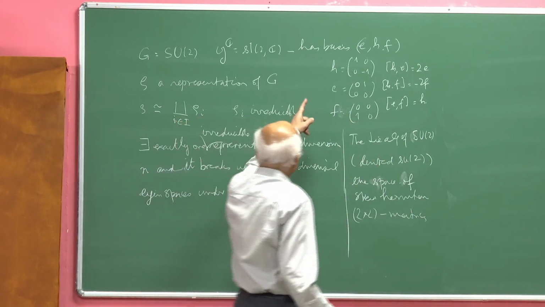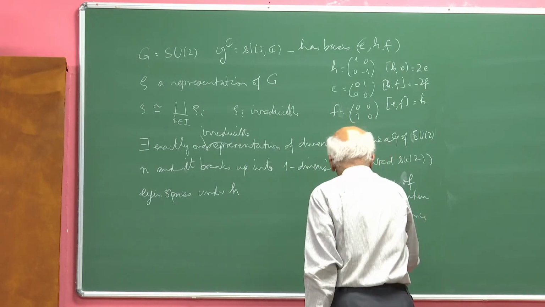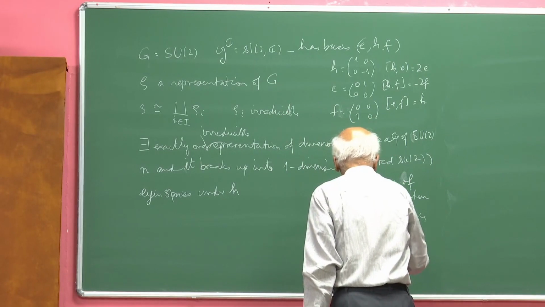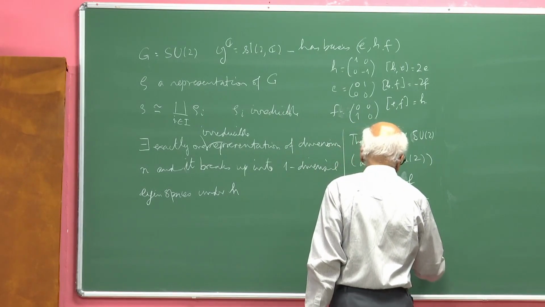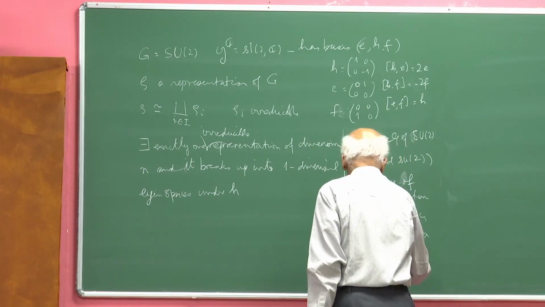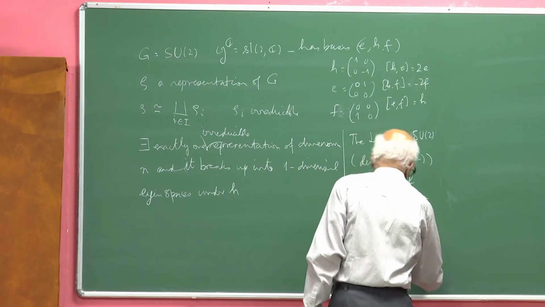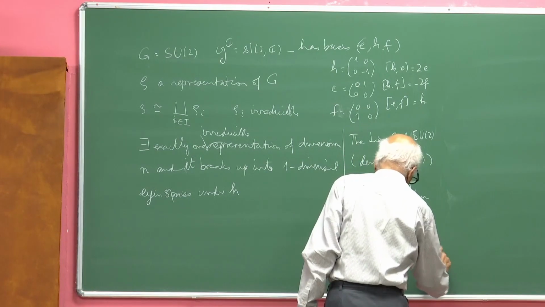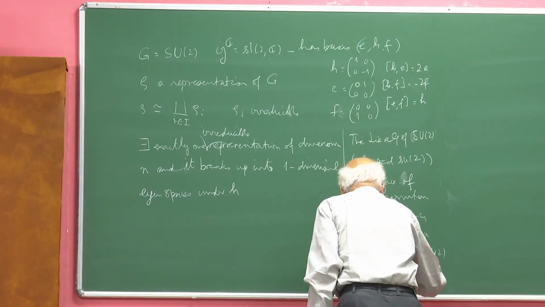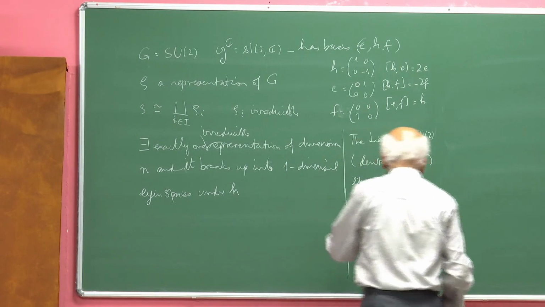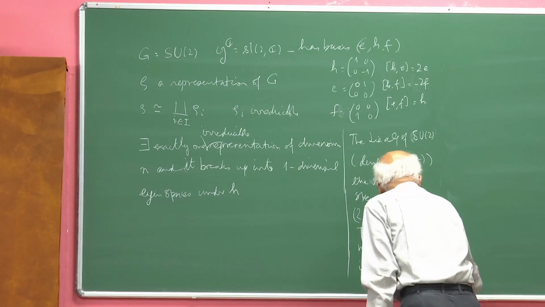And this H, the Lie algebra of a maximal torus in G, in SU2, is identified with diagonal skew Hermitian matrices, which are simply